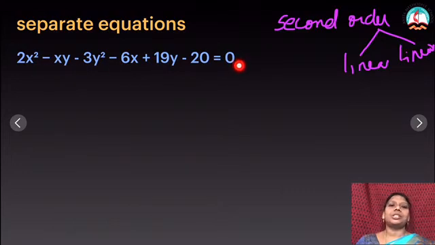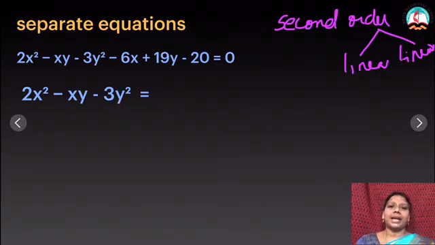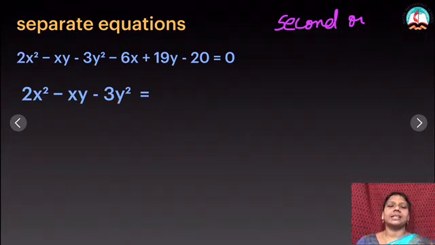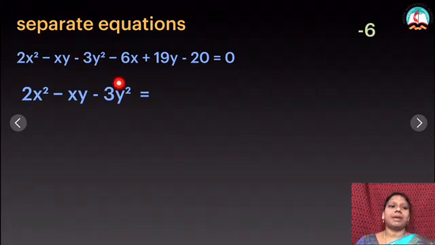From this I am going to take the first quadratic equation. So what is a quadratic equation? 2x square minus xy minus 3y square. So that is equal to, we are splitting that as factors. So how can I split it? 2 into minus 3, therefore I will get minus 6. So I am just splitting into two values.